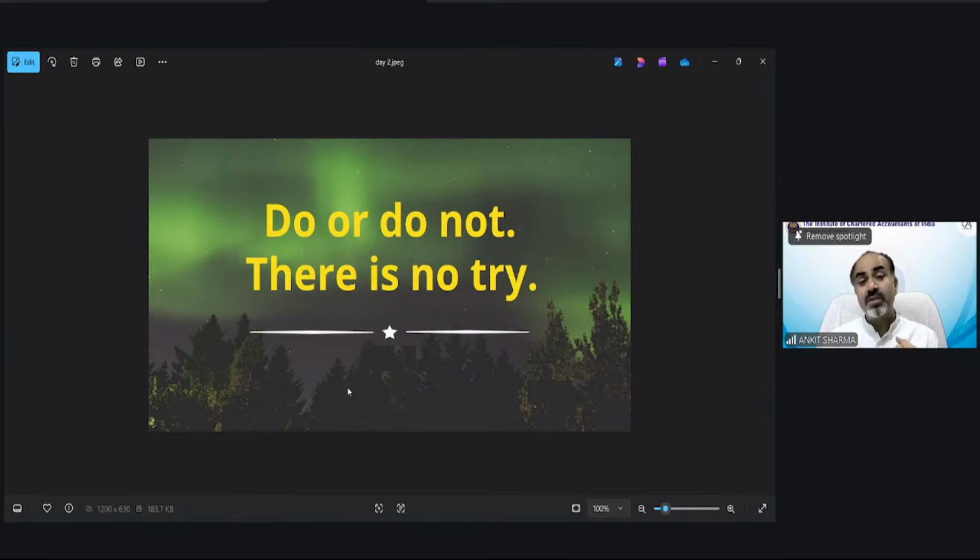So study, sincerity. Then third is sacrifice. You have to sacrifice parties, etc. Maybe your friends, those who are doing BCom, etc., they are doing parties on different occasions, but you have to ignore all these things. So very disciplined. So study, sincerity, sacrifice, and strategy. So management is also important. How you will complete your course, how many times you have to do revision, you have to complete your MTP, RTP, mock tests, etc. Past year question papers, how to attempt paper in 3 hours, etc. So those strategies are also very important.